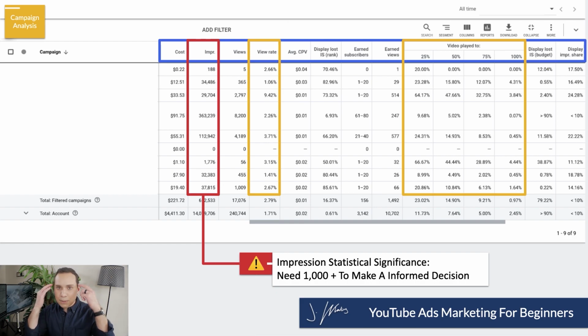And also just keep in mind the context of a campaign that has 100,000 impressions is probably not going to perform as well versus a campaign that only has 3,000 impressions, right? So you want to make sure that you are keeping that impression count in the back of your mind, so you're not comparing a campaign that has hundreds of thousands of impressions versus a campaign that only has 3,000 impressions.